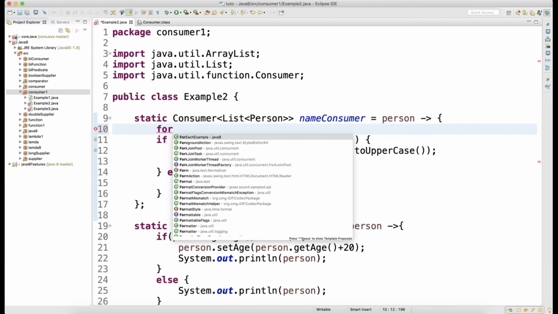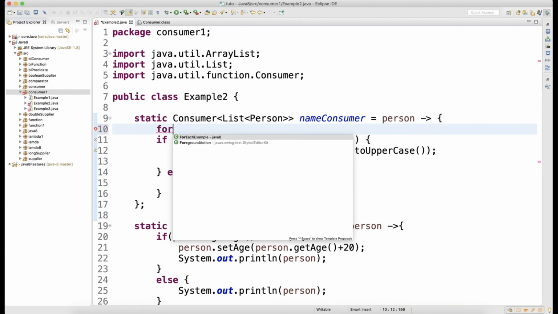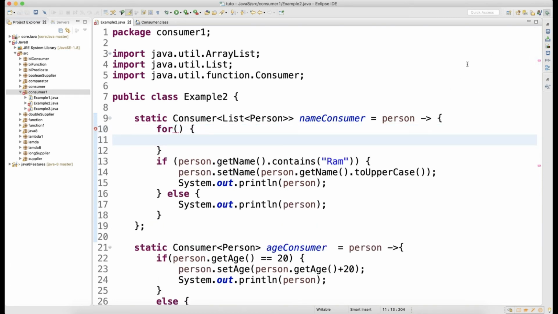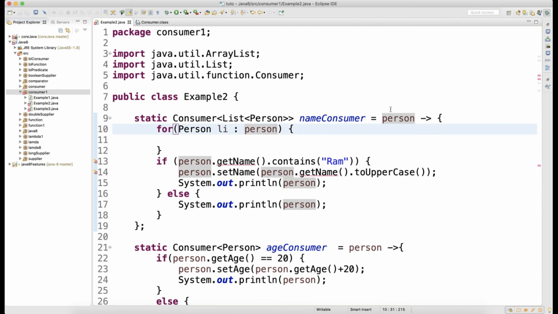So instead of running it there, I can run it here. For person li is equal to list of person. So this is nothing but list of the person. This is the input to your consumer.